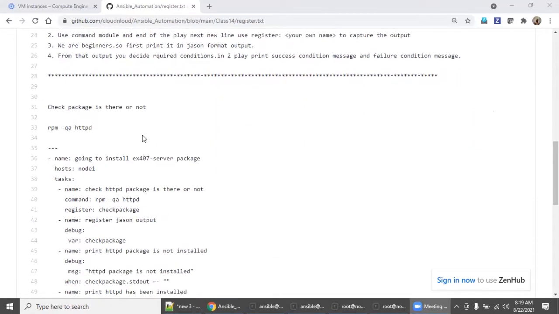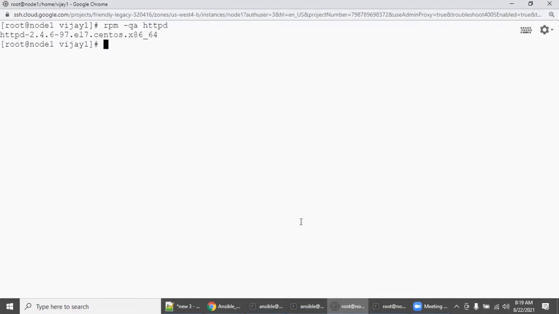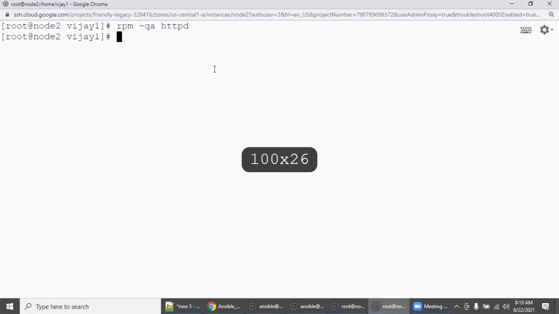If you have this 4 window concept, it will be easy for you to learn this lab very fast, right? What is the command to check whether the package is there or not? rpm -qa httpd. This command, as well as there is one more command. So let's run this command quickly and check it. We are checking this on the Ansible server. We are going to node 1. This is node 1. We will check whether it is there or not. It is there. Also node 2, right? So node 2 is not there, right?